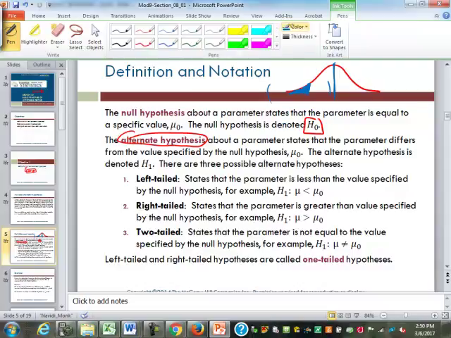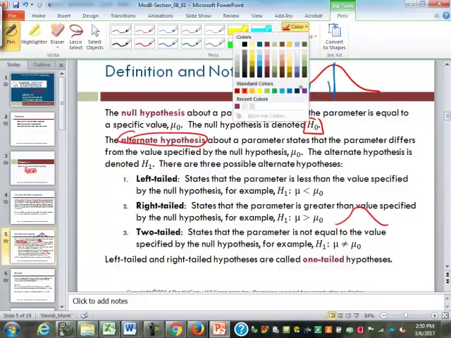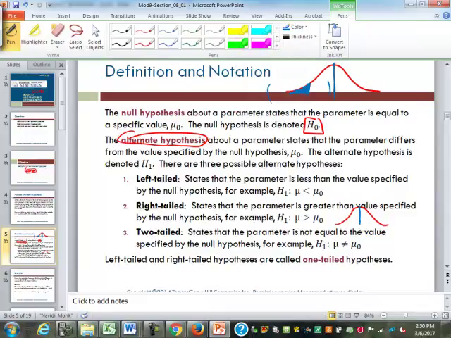Right-tailed test is going to be just the opposite. We've got our curve here, and in a right-tailed test, the null is claiming that it's at or below a certain value. So we're going to reject it if we get a sample that has too large of a value. And again, if we get a sample mean that's so large that our confidence interval around that mean does not include our hypothesized value, then we say, hey, we're 95% confident the hypothesized